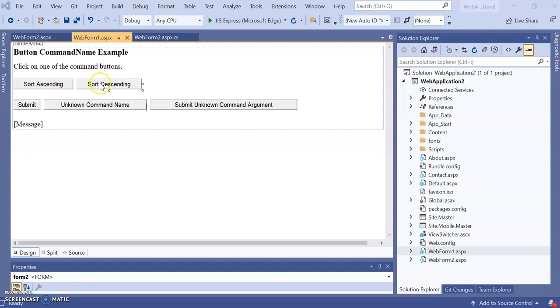For the Submit button, it has command name Submit and no command argument, and Submit Unknown Command Argument has command name Submit with an unknown argument. The last one does not have any command name or command argument.